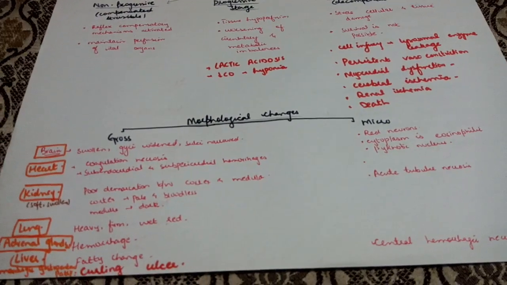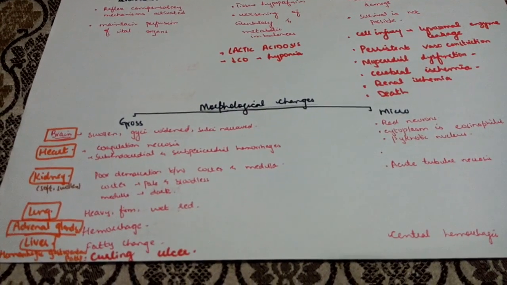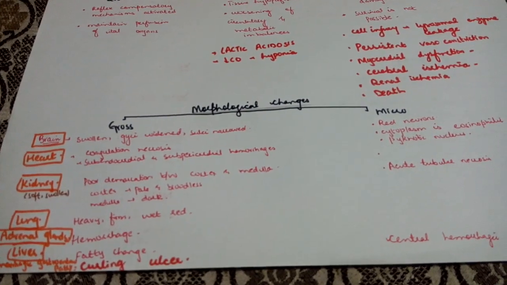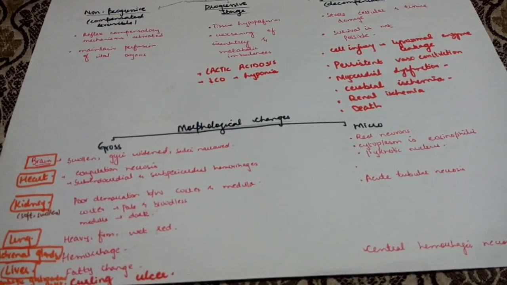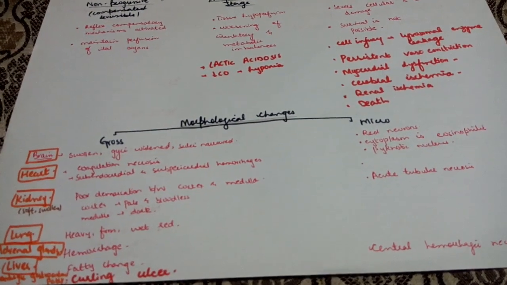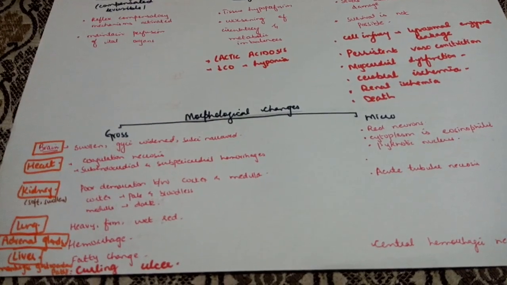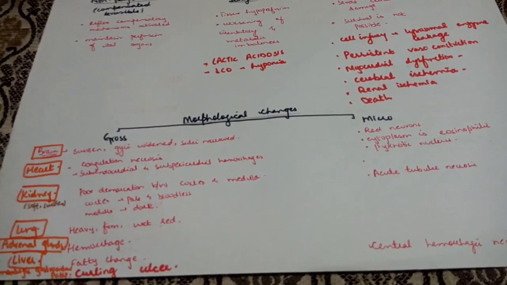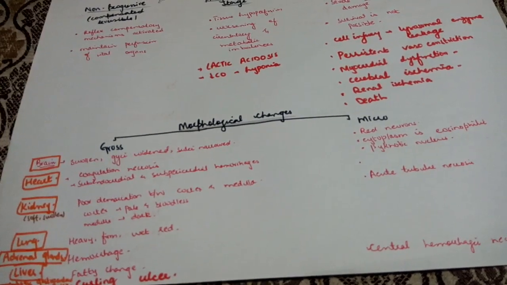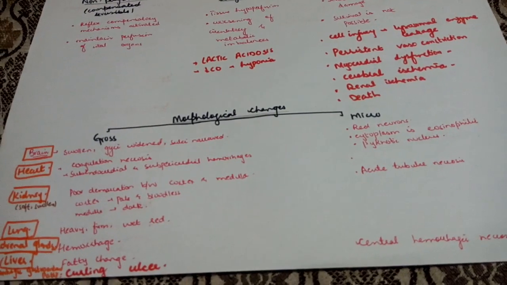Morphological changes can be divided into gross and micro in different organs. For example, in brain, it will be swollen, gyri widened, sulci narrowed, and poor demarcation between the white and gray matter. While in micro, you will see the red neurons, and karyorrhexis, and cytoplasm will be eosinophilic. Pyramidal cells, Purkinje cells, astrocytes, oligodendrocytes all will be affected. In heart, there will be focal and widespread coagulation necrosis. Along with that, you will see the